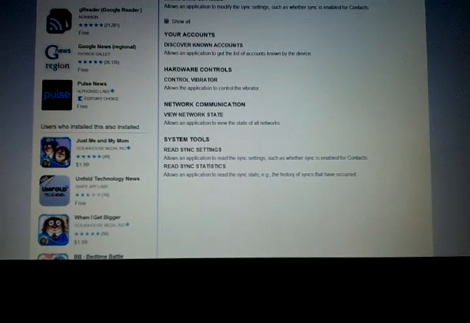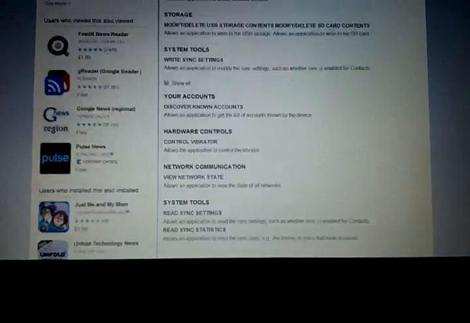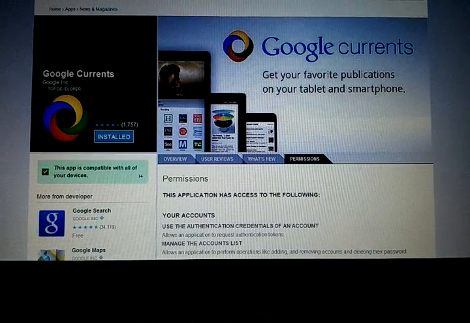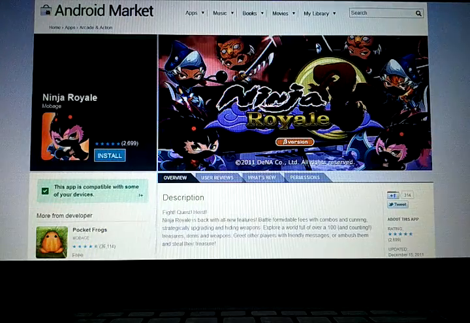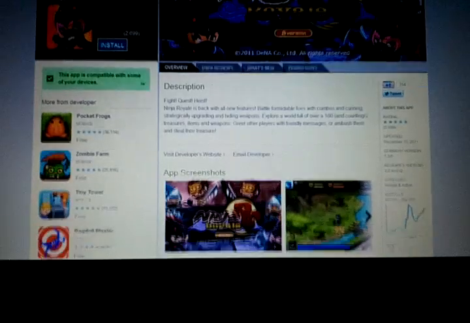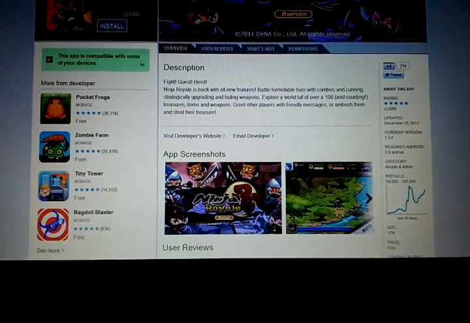Now I'm going to go to another application, and by no means am I saying that this other application is malicious in any way, shape, or form. It has a high rating. It's been downloaded by several other device owners. It seems to be getting generally great reviews. But I'll show you why, for me, this application won't be on my device, even though it very well is probably a very good application.